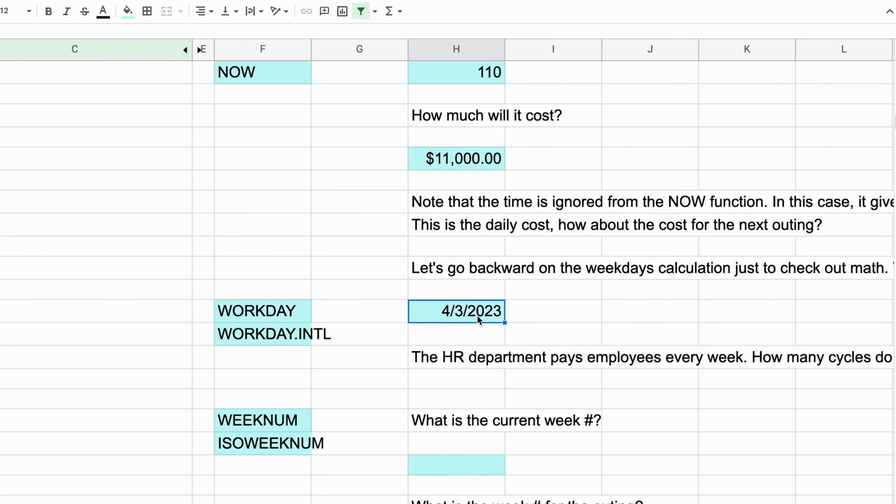Okay, I just had to pause the video and figure out why this was returning April 3rd, 2023 instead of March 31st, which I was expecting it to return. And let's just talk about the difference between these two functions, and I think we'll have an understanding of why. So if you use NETWORKDAYS